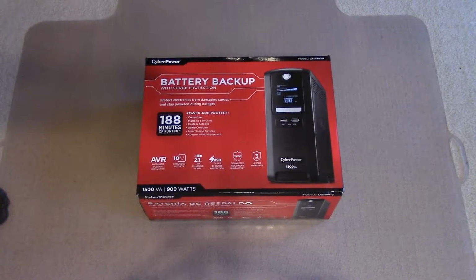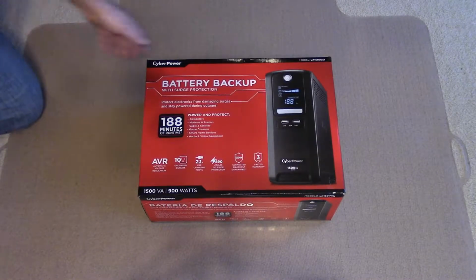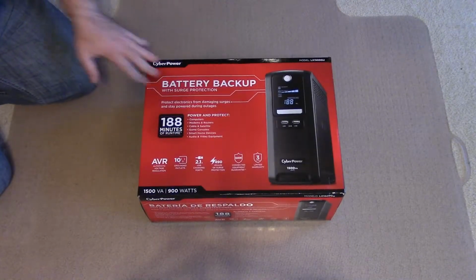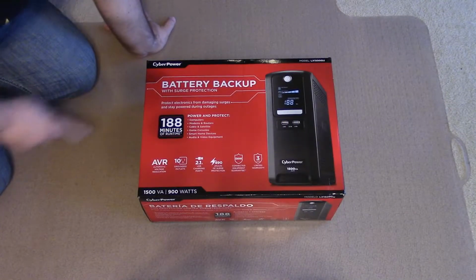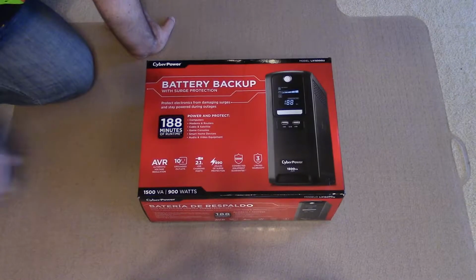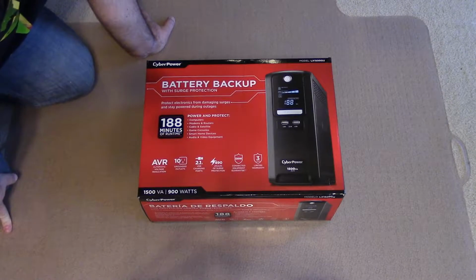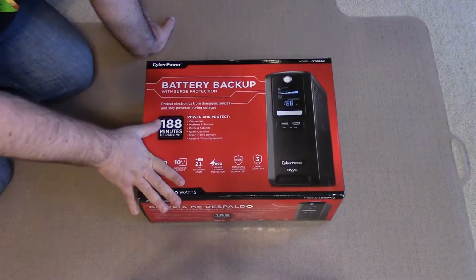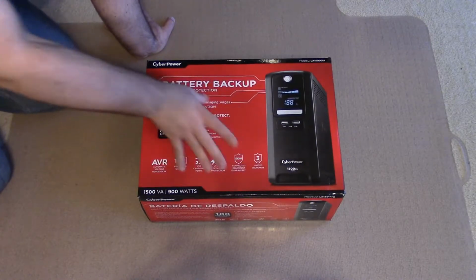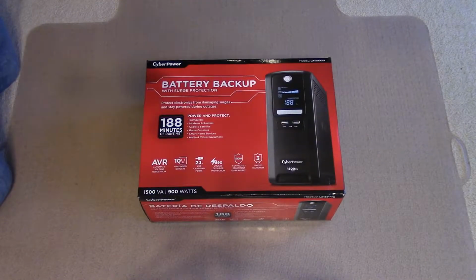So I'm going to go ahead and open this up, and I'm not going to lie, this thing is actually a little bit on the heavy side. But if you're wondering about the specs on this, this is a CyberPower battery backup, 1500 VA, 900 watt system, 10 outlets. It has automatic voltage regulation in it, so this will provide constant clean power, which is part of the reason why I like using this, especially on my desktop computer,